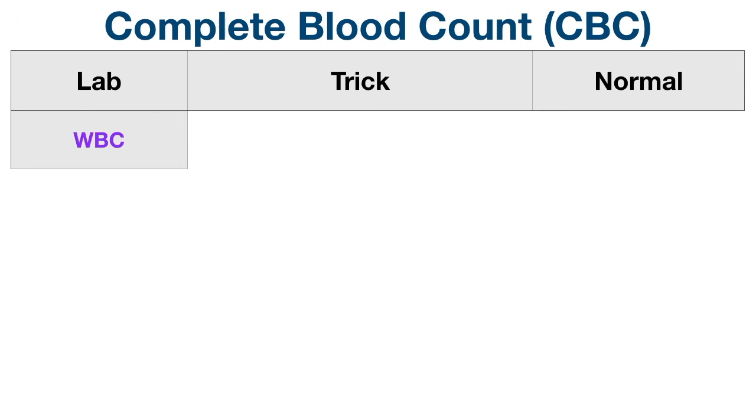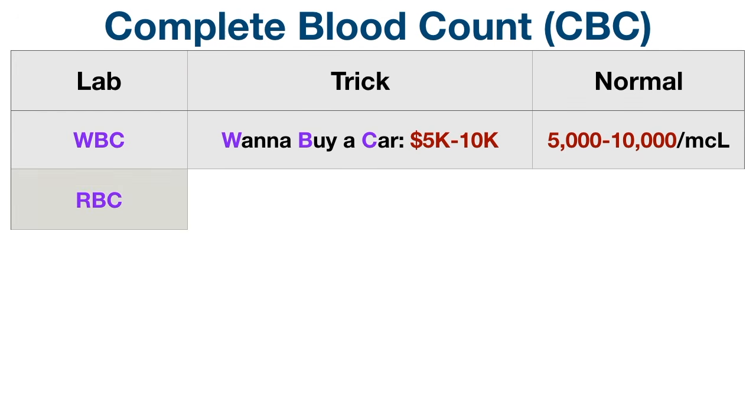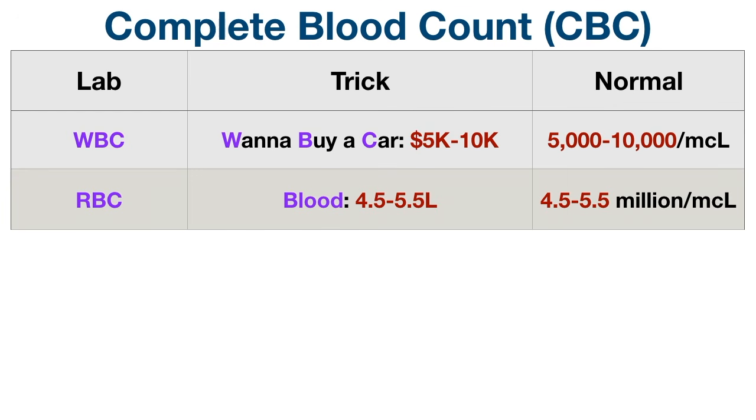Starting with the white blood cell count, you can use the WBC to remember "wanna buy a car" for $5,000 to $10,000. This will help you remember the normal range is about 5,000 to 10,000. Next, we have the red blood cell count. When you think of red blood cells, think of blood, and the adult human body has about 4.5 to 5.5 liters of blood, and this fits perfectly with the normal range for red blood cells, which is about 4.5 to